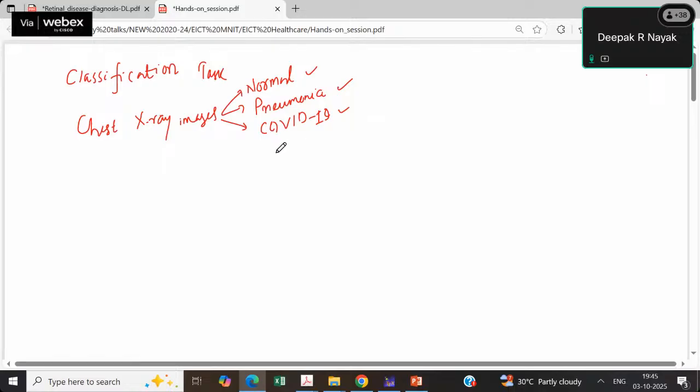So what is the learning set here? You'll be given a data set, of course, a set of pairs (xi, yi), where i varies from 1 to n, and n is the total number of x-ray images we have. What is xi? The input images. What is yi? The labels, like normal, pneumonia, and COVID-19. What is the first task? Given a data set,